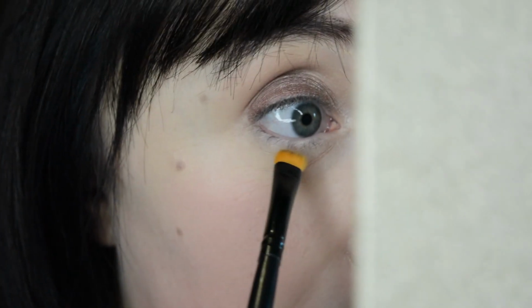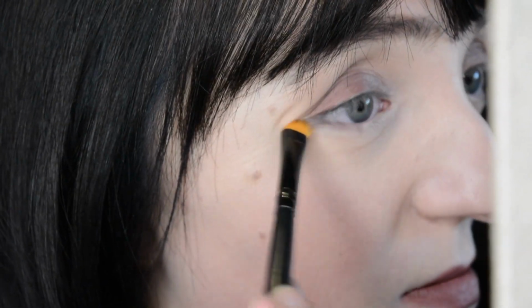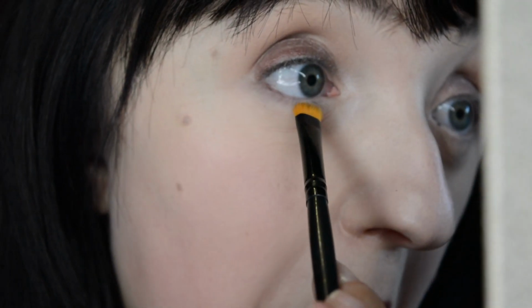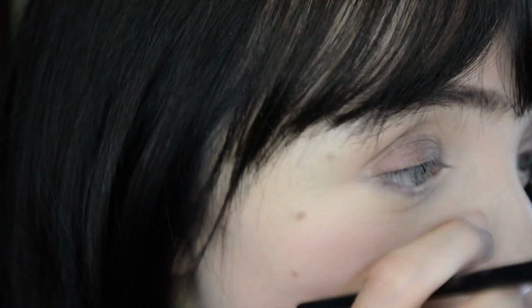Yay! So now with just a little liner brush like this, I'm going to go back into the shade. You know what? Maybe I'll use Smoky Quartz because it's the only matte shade I haven't used yet. And we'll just go under a little bit. And then, before we zoom you back out, we're going to take